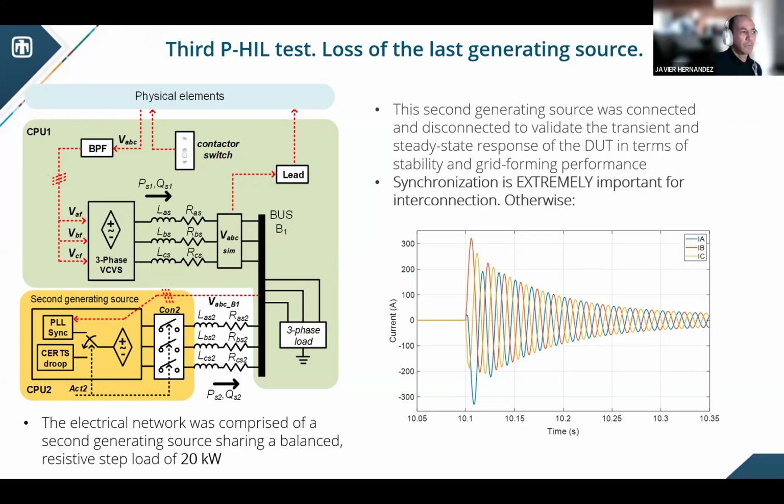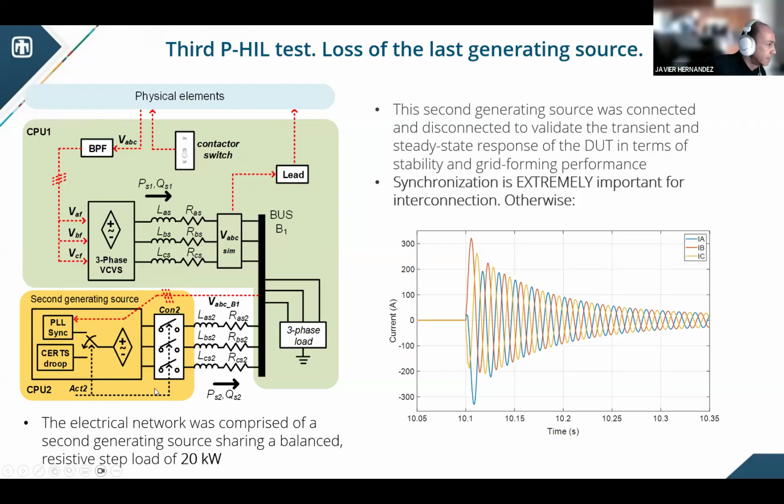But first, we wanted to know how the inverter under this P-HIL environment will react under a second generating source that is a hybrid of a grid forming device, or a grid forming average model with surge droop control. And we also wanted to evaluate the initial interconnection of this second source using a PLL just for the interconnection purposes, okay? And we agreed that it will be a synchronization issue. That's why we include the PLL. And once we achieve the initial interconnection,